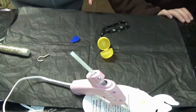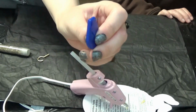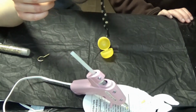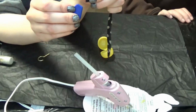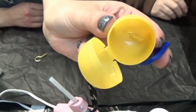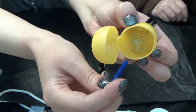So what you're gonna want to do is invest in a needle threader. That's what this thing is. And here's how it works. You take the thing that is too big and you put it through this little